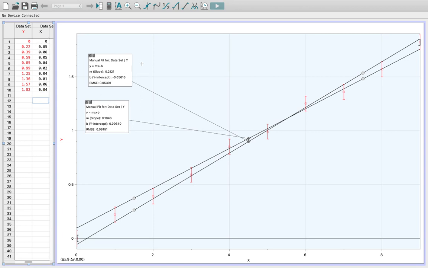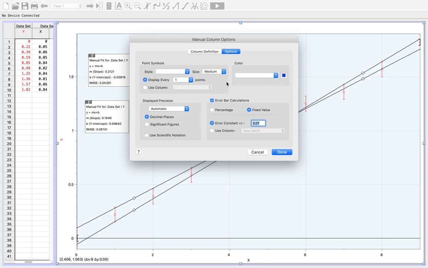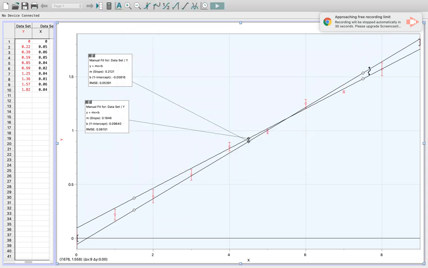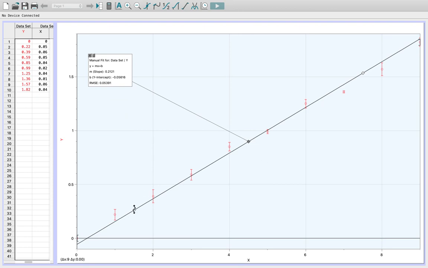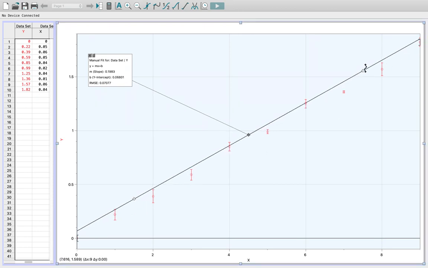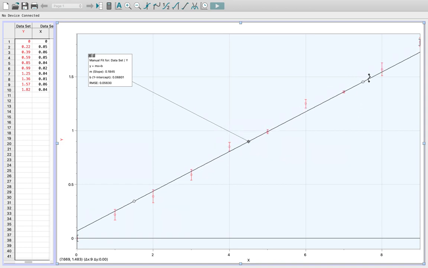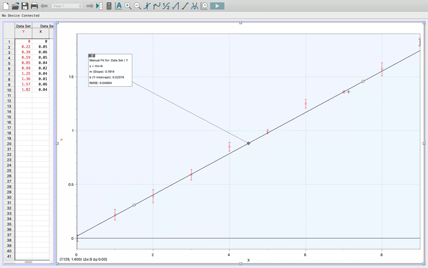This time, instead of using the constant error, I'm going to choose that column. So I go back on, column options Y. This time, I'm not going to use the error constant. I'm going to choose a column. I already had one I deleted earlier, but I used dataset 3x, which is actually the name of this column here. I put it on, and notice now I've got different sized error bars depending on the points. Then obviously I should really be resetting my max and min slopes here. It's much more difficult to get these ones for all of them because some of them are so small here. But that's the idea. We want to try and get lines that will go through all of these error bars. So you might have to